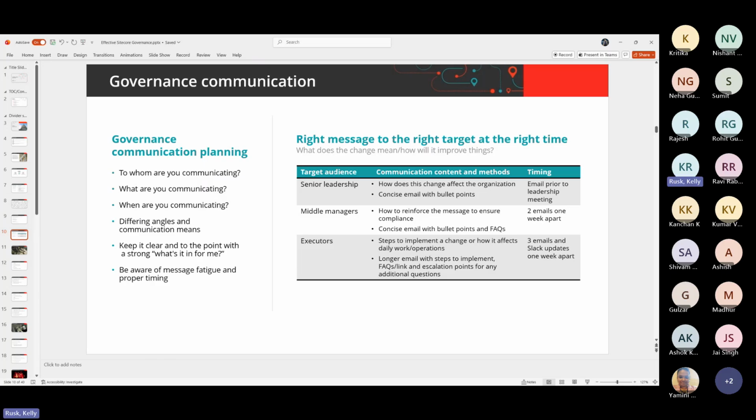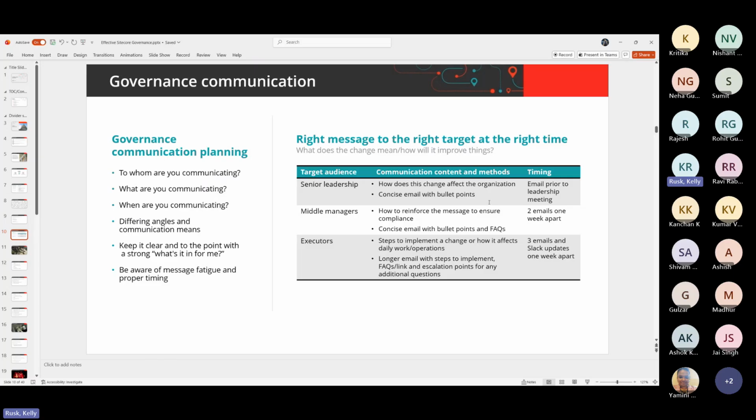So when you want to put your message out there to the right target at the right time, you want to really think about, what does a change mean and how will it improve things? Let's pretend that we all work together on a big cycle upgrade, and there's going to be new functionality and new rules around it. You might need to target your senior leadership and tell them, how does this change affect the organization?